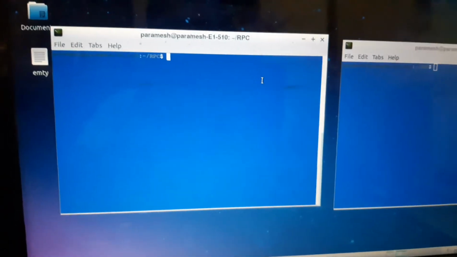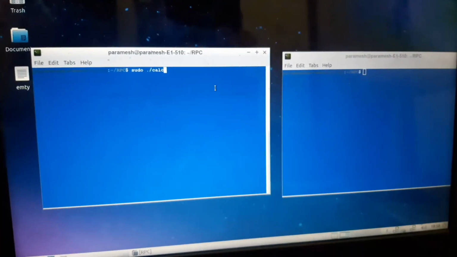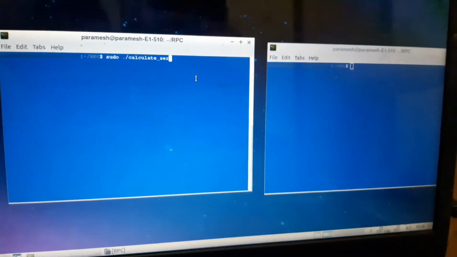Now for RPC we have to execute a command, which is known as sudo space dot slash calculate underscore server.